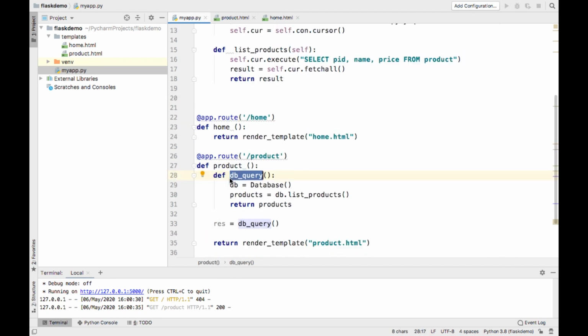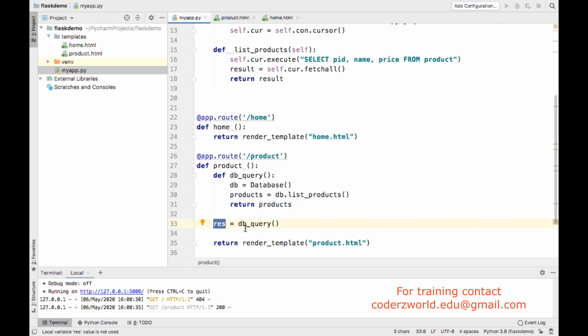Okay, I have copied some logic here. Here I have written an inner function. This inner function executes the function that provides the product list, and this function is returning that, and we can get those values here, and that can be passed to the template rendering.